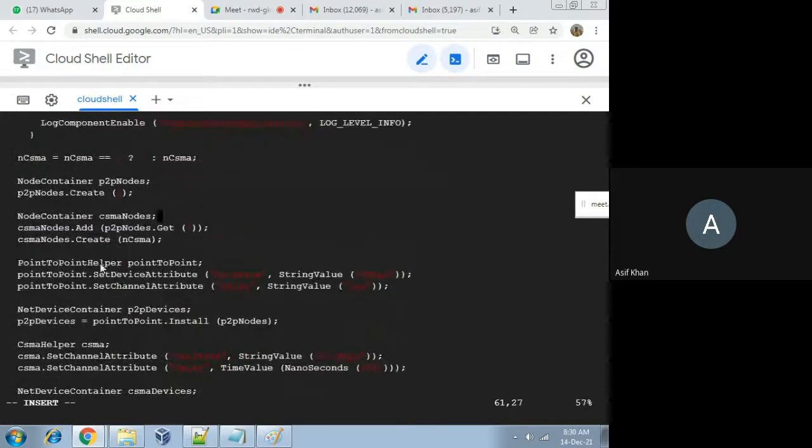You see how nodes are created. NodeContainer p2pNodes: two nodes are created for the point-to-point network. Then NodeContainer csmaNodes is the object for the CSMA nodes. Here p2pNodes.Get(1), the second node of the P2P nodes, is taken into the CSMA network.